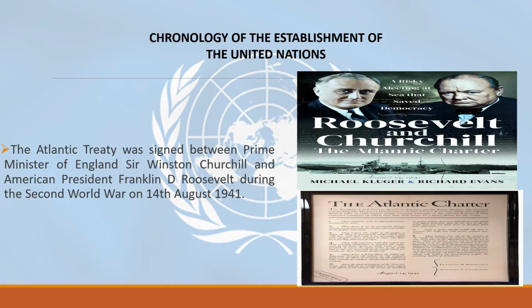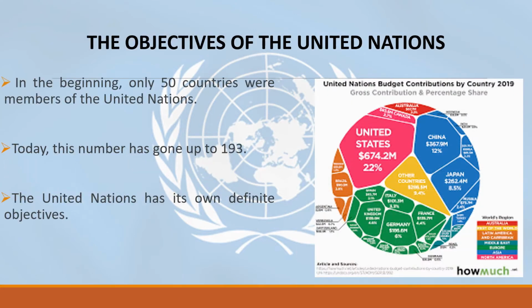Children, let us study about the objectives of the United Nations. The United Nations is the world's largest international organization. In the beginning, only 50 countries were members of the United Nations. But today, this number has gone up to 193. All these member nations come together on the platform of the United Nations. The United Nations has its own objectives, such as